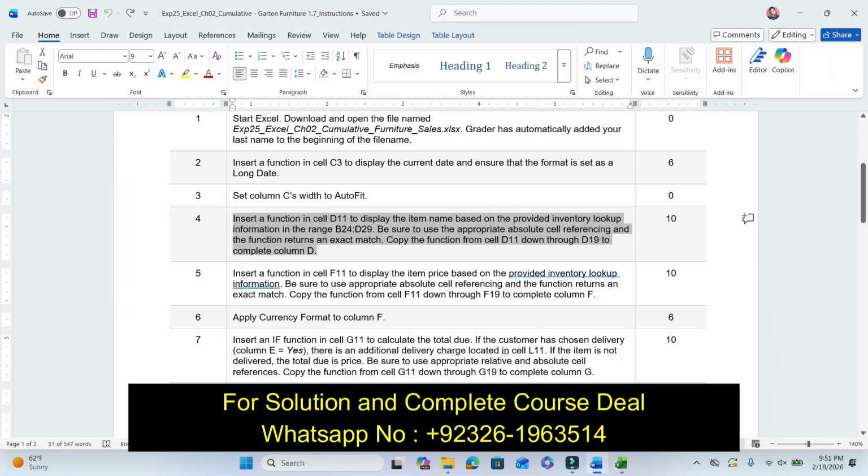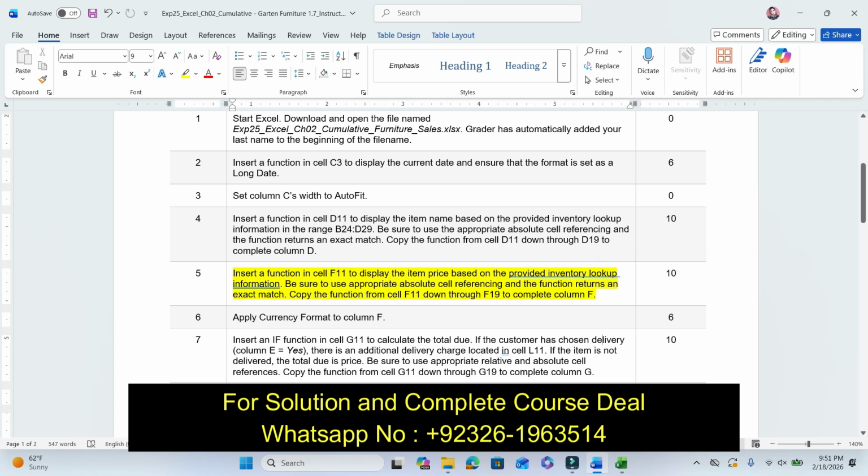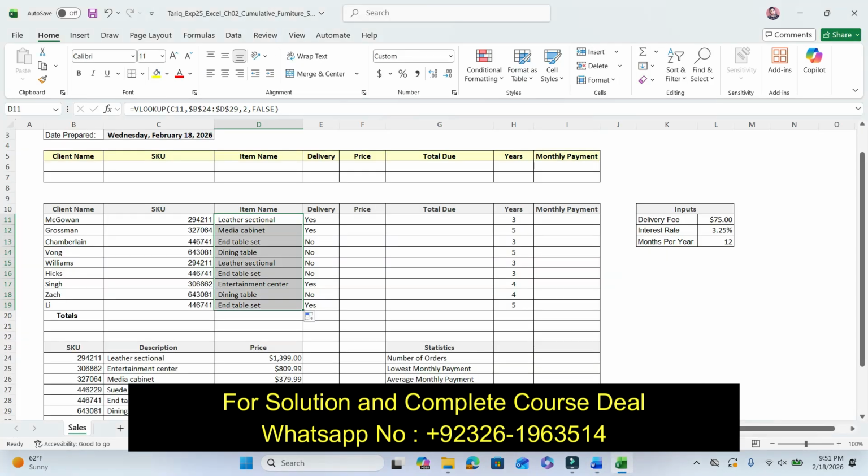Now move to our next step, step number 5. Insert a function in cell F11 to display the item price based on the provided inventory lookup information. Be sure to use appropriate absolute cell referencing, and the function returns an exact match. Copy the function from F11 through F19. So in step number 5, he is asking